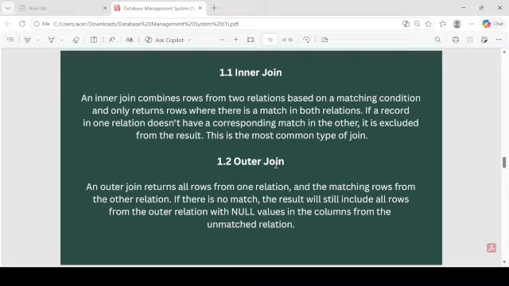Basically, it returns all the rows even if there is no match. So inner join provides only the rows which are matching in both the tables, and outer join provides those rows which are not matching in both the tables. All right. An outer join returns all the rows from one relation and the matching rows from the other relation. If there is no match, the result will still include